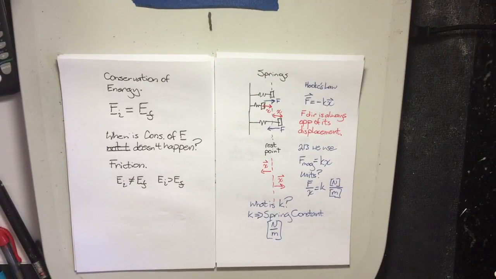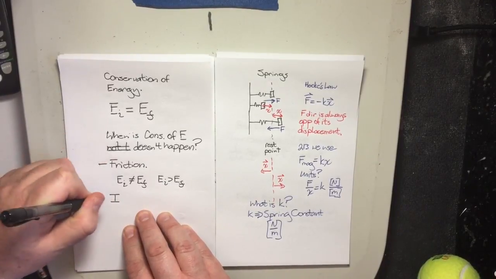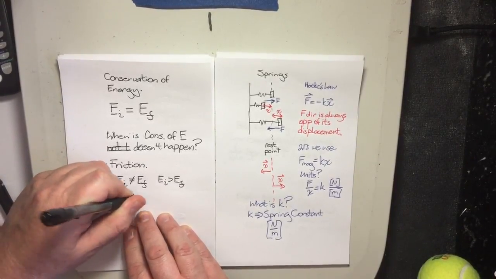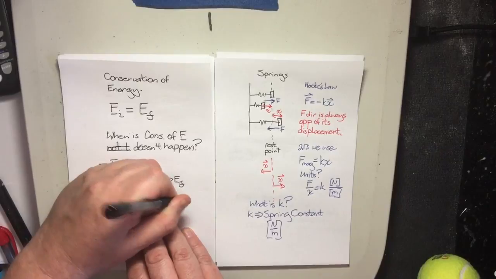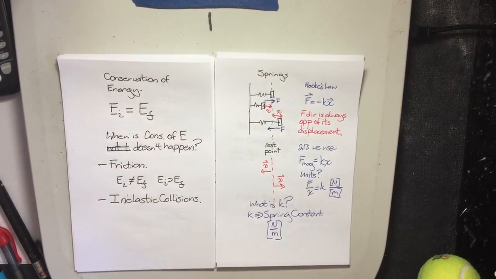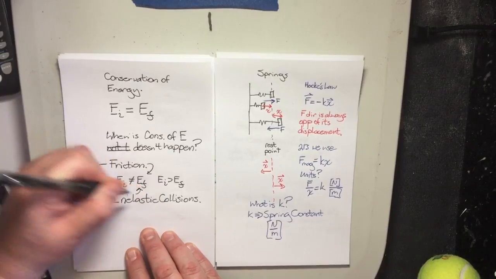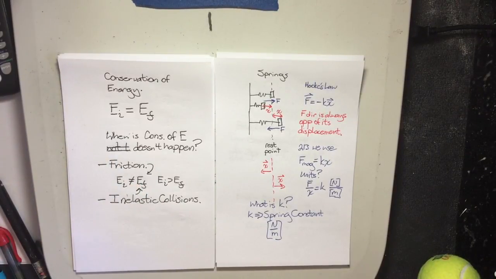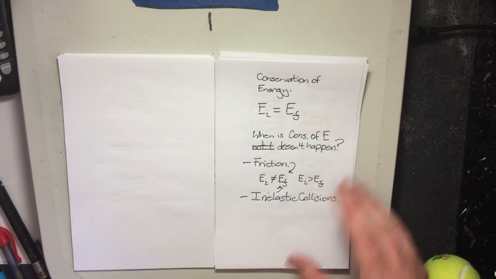There's another reason why or how energy can leave the system, and we'll get into this in a little bit, is inelastic collisions. In inelastic collisions, you can definitely say that the energy initial is not the same as the energy final. We're going to get into that in a little bit. So let's first do a simple